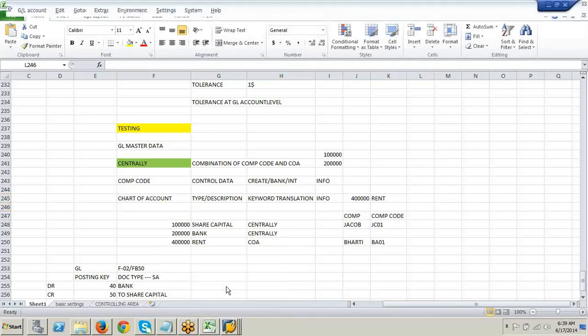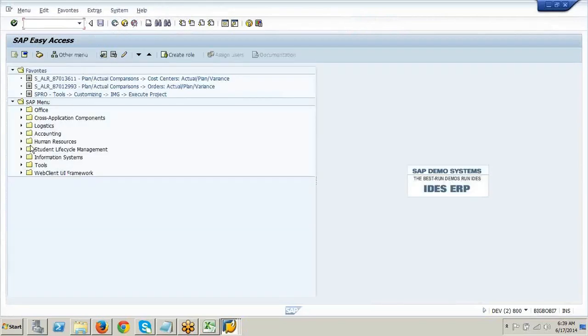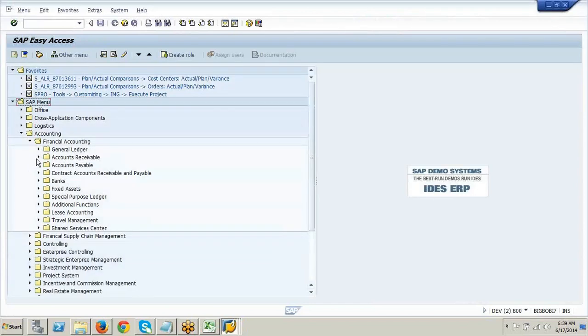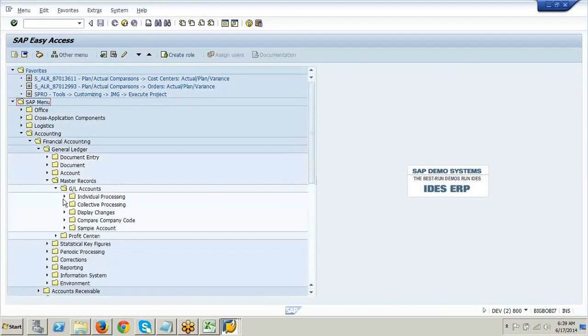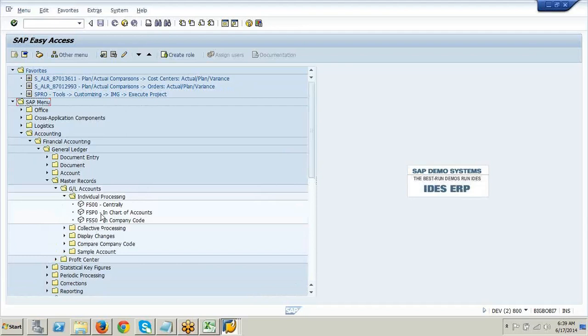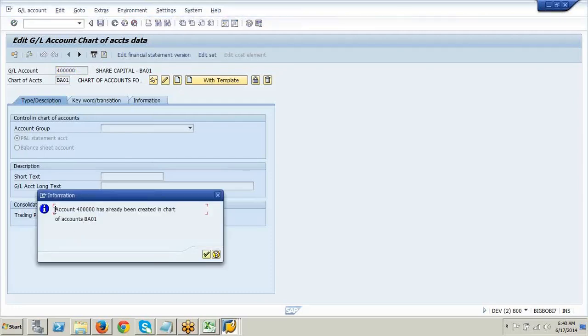Let us see. So I'll go back. General ledger master record. I'll go to chart of account level. 4 series. I think I created. Let us see. Anyway, if I've already created, it will throw error. If not, it will allow me to create. See what it says.